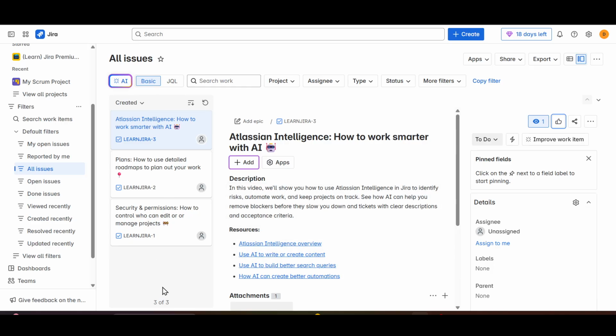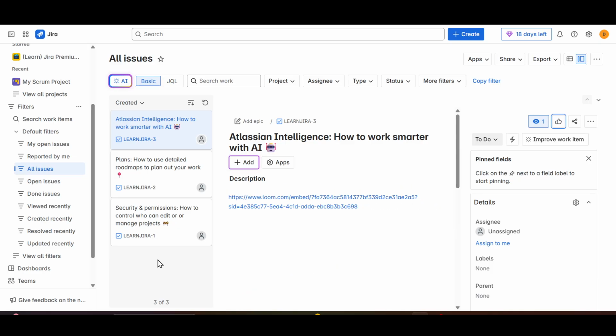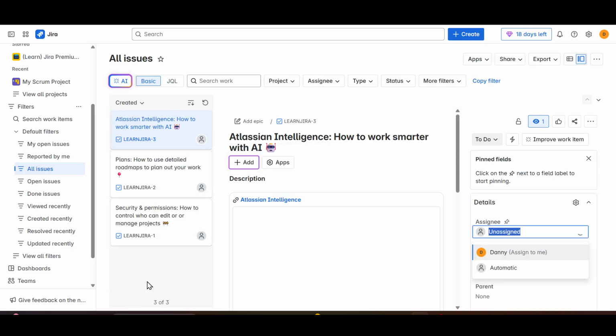As you can see, I don't have created any ticket for now, but if you have created multiple tickets, then you will see all these tickets here. As you can see at the top, it says created. So it will show you all your tickets and then you can select a ticket, and after selecting you will see this option